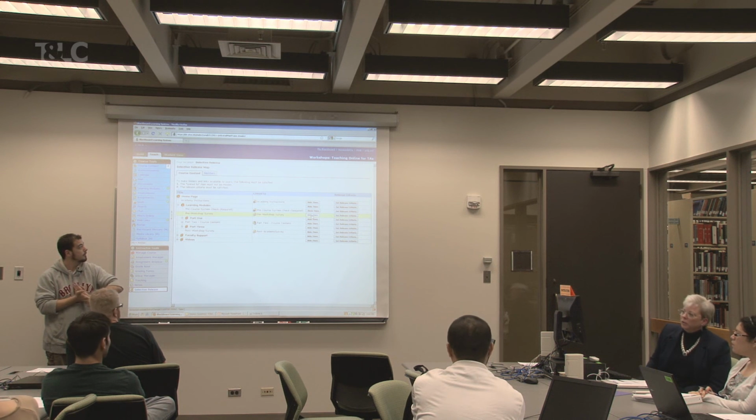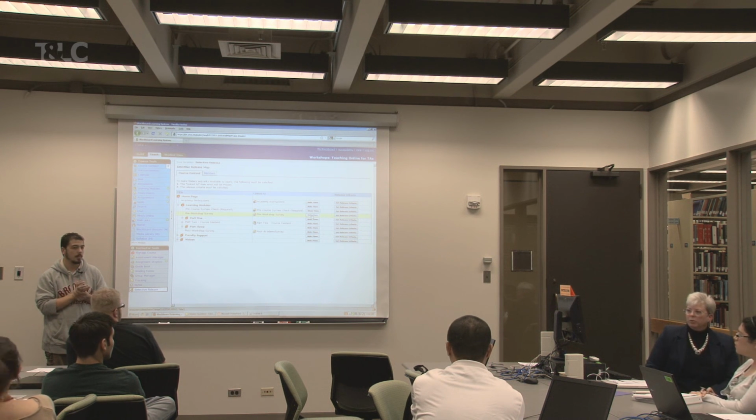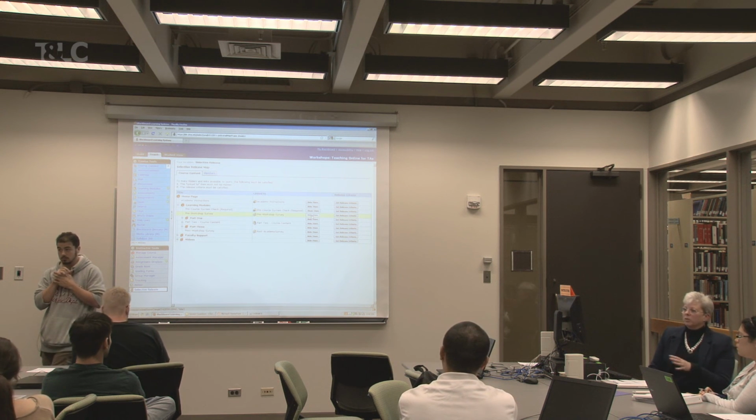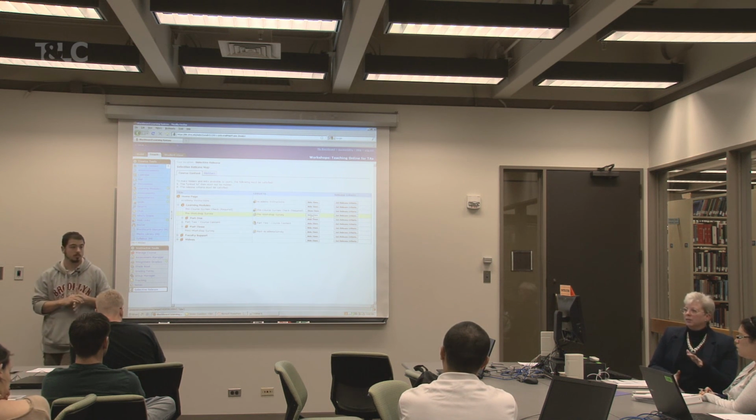And also from this view, you can hide and reveal stuff. So if you've got stuff that you're not finished with, just hide it. So put all your stuff on the course and then hide the stuff that you're not ready